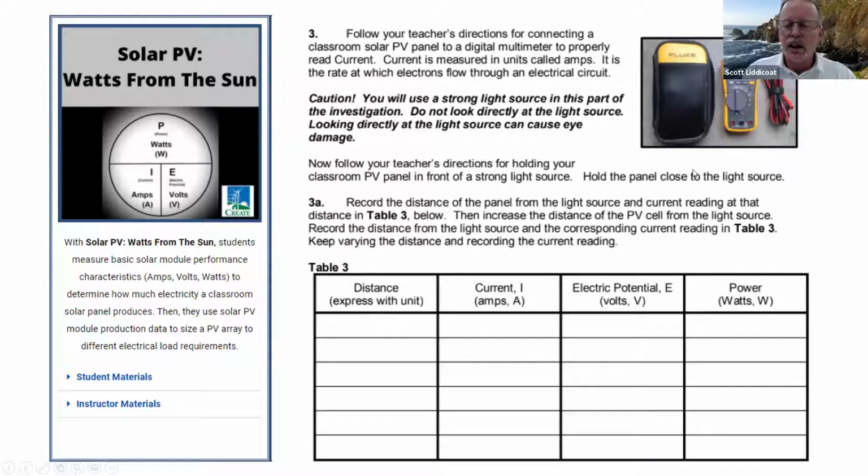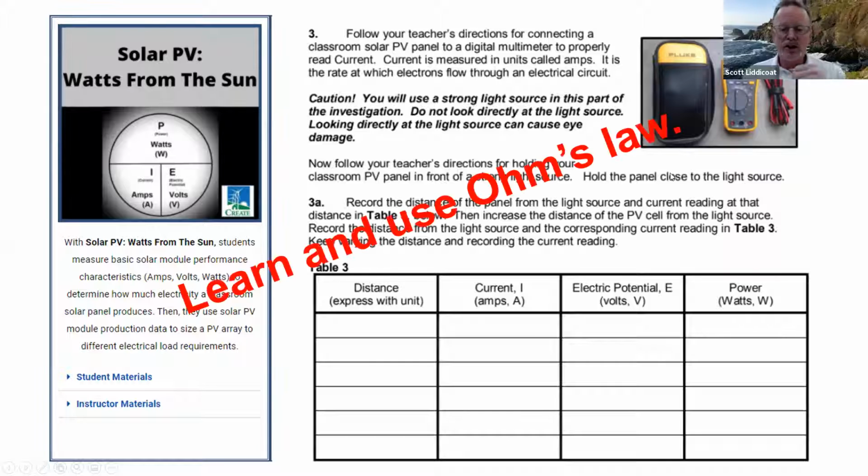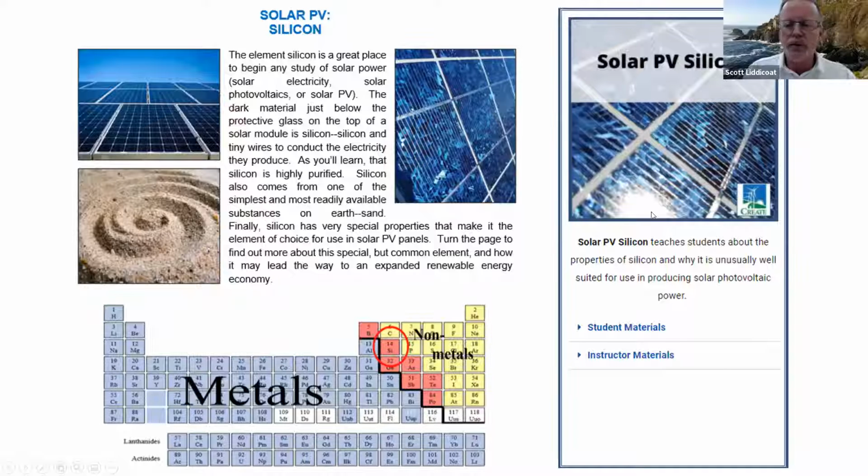And in Ken's words, students can't do enough of those calculations to get power and using Ohm's law. And there's an interesting twist in this, and they use Ohm's law. No solar PV lesson grouping would be complete without